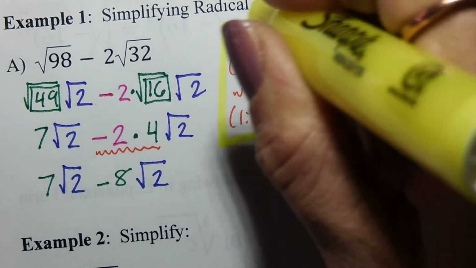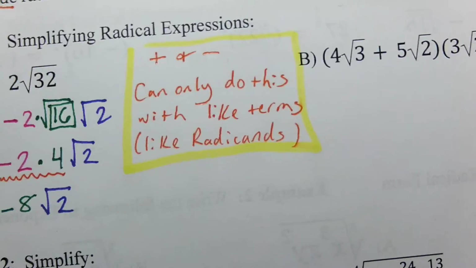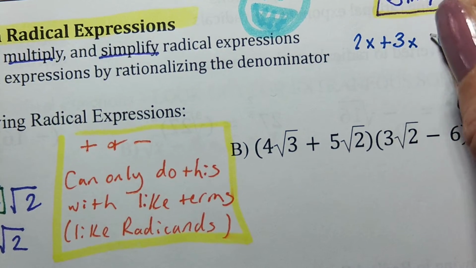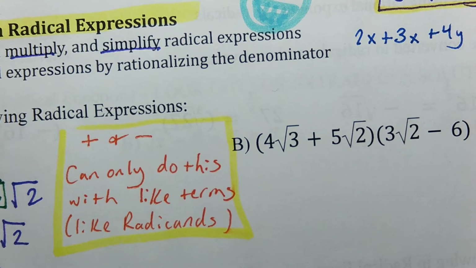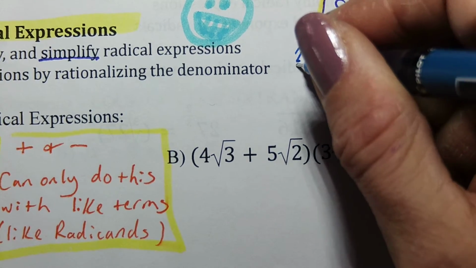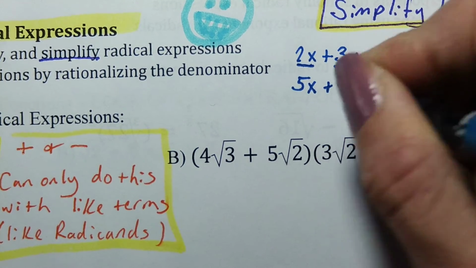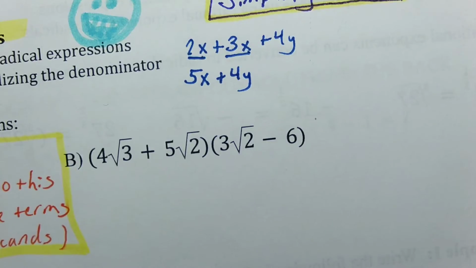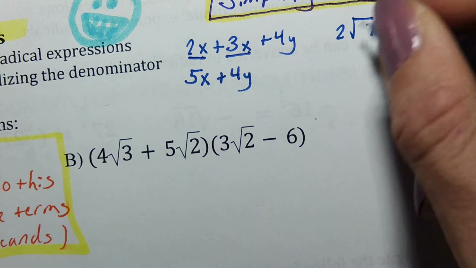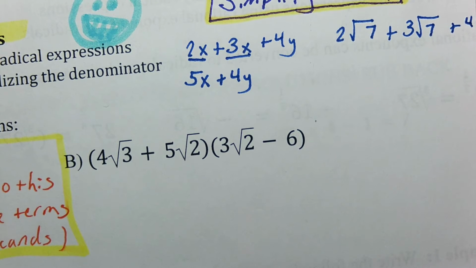So, to show you what I mean by this, if I had, let's say 2x plus 3x plus 4y, which are my like terms? 2x and 3x. So when I add these, if I have 2 of something plus 3 of something, we have 5 of that something. And then plus 4y. So if I do this same thing with radicals, if I have 2 rad 7 plus 3 rad 7 plus 4 rad 5,